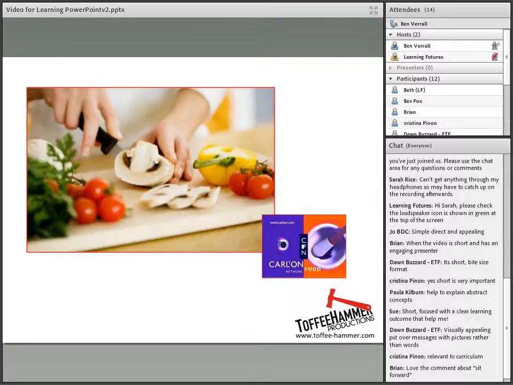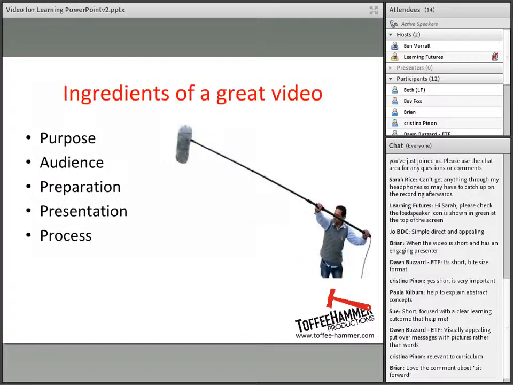So I mentioned cookery programs, and I've already described some of the things that I learned by making a huge number of cookery programs in terms of teaching and learning. And I've summarised it with these 5 bullet points. What I think are the ingredients of a great video are that you start with a very clearly defined purpose. So talking about it being relevant to the curriculum, talking about it being short and to the point are absolutely relevant. If you know what the outcome of the video you want is, whether that's to provoke discussion or to transfer information, then the chances are you're much more likely to produce a really good video.